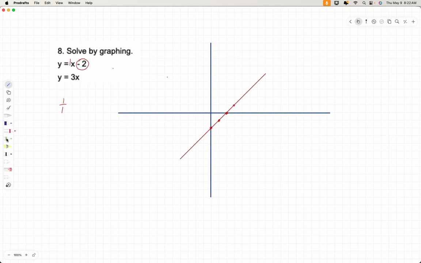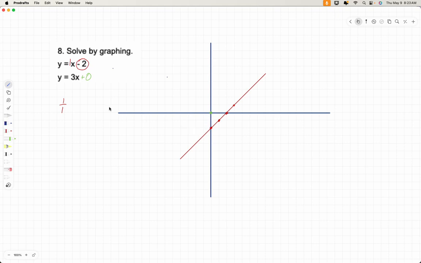All right, so now I'm going to use green for the other line just to keep them straight. So y is equal to 3x. When there is no number out here, that's because it's plus 0. And mathematicians are lazy, so we don't write it if it doesn't do anything to add to the equation. But in order to graph it, you need to know that that plus 0 is your y-intercept point. So this would go right here.